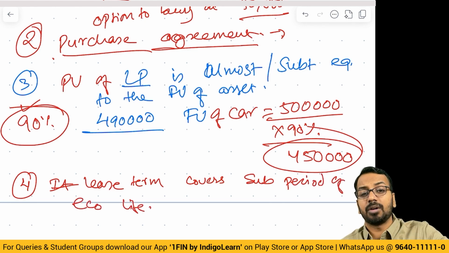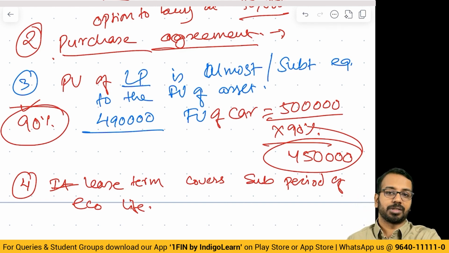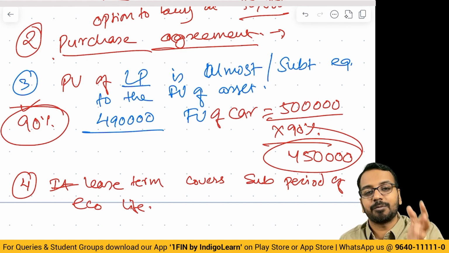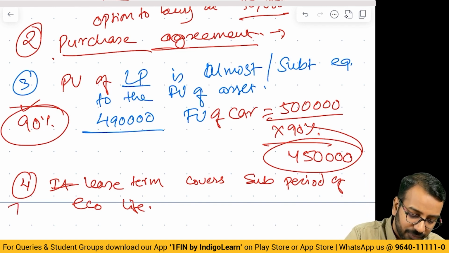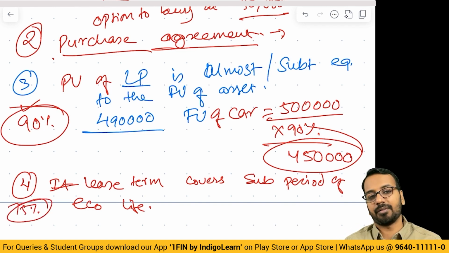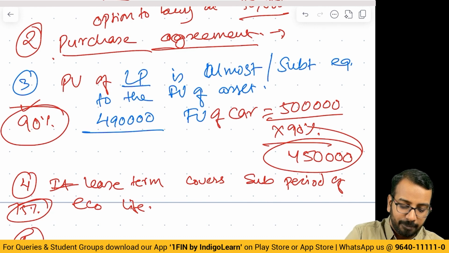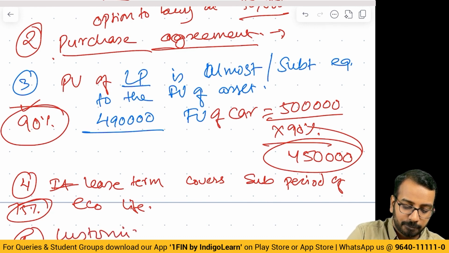So car has a useful life of 5 years. I am using it for 4 years. So again here, substantial part of benefits is taken by me and it will be called a finance lease. Here we use a threshold condition of 75%. And lastly, it is a customized